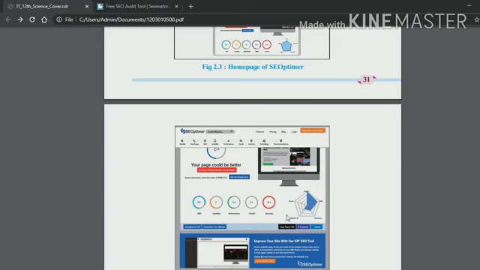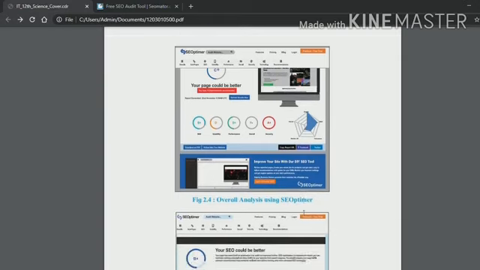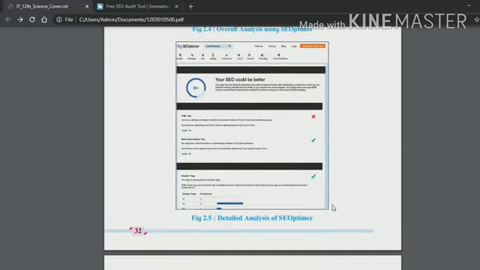So, this type of suggestions will be given by the audit of these SEO tools. Here we have suggestions like title tag, meta description tag, then the heading level tags, whether we are using the proper headings at the proper locations or not.